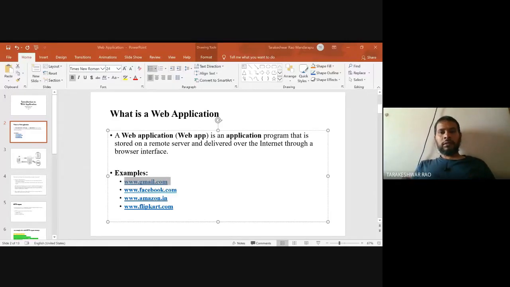Coming to the third feature of web application, it runs on a remote computer called a server, right? So these are the features.